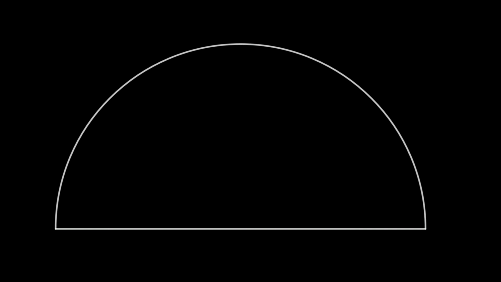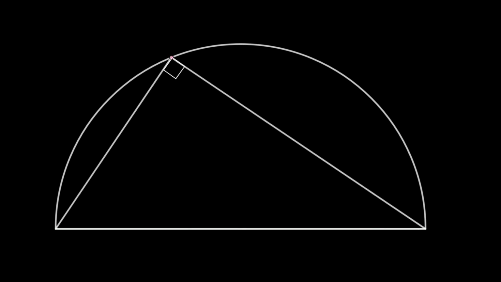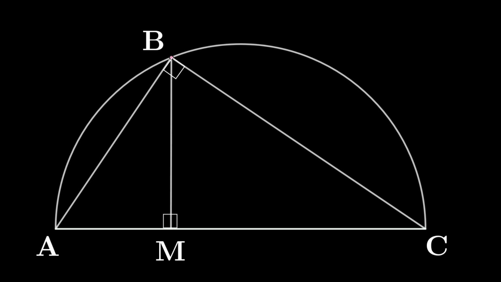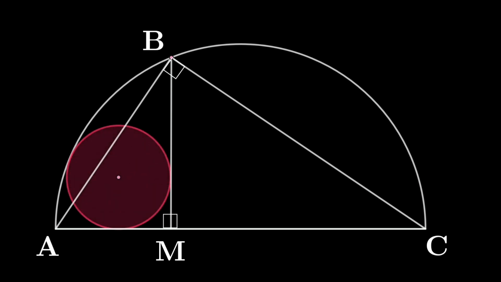So today we have an interesting geometrical problem. We take a semicircle. Now we inscribe a right angle triangle A, B, C inside it. Now we draw a perpendicular BM to the diameter of this semicircle. Now we draw a red circle such that it is tangent to the perpendicular BM, the circumference and the diameter